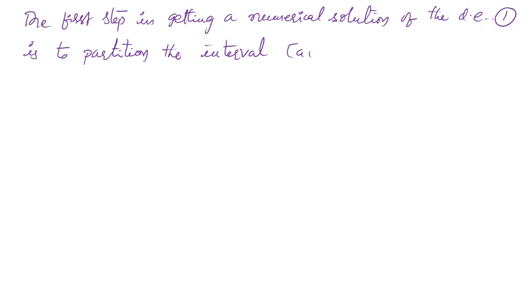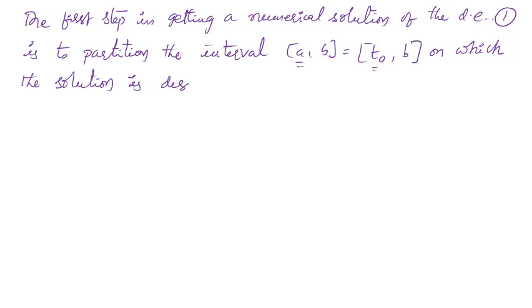One can write [a, b], where a is the initial starting point t naught taken in equation 1. Therefore a is taken as t naught, and b is the end of the interval on which the solution is desired. Partition this interval into a finite number of subintervals,